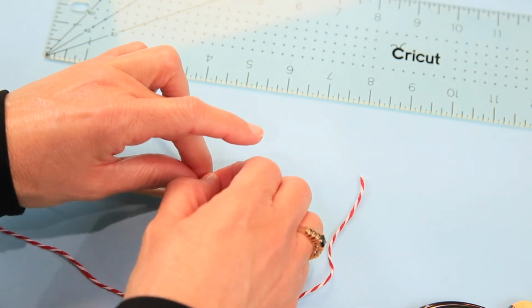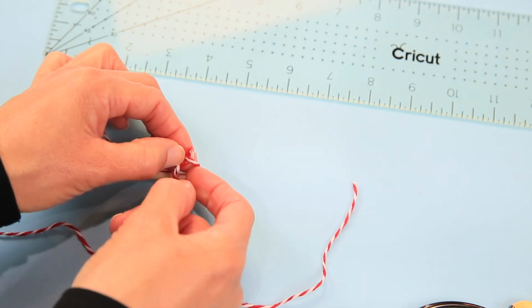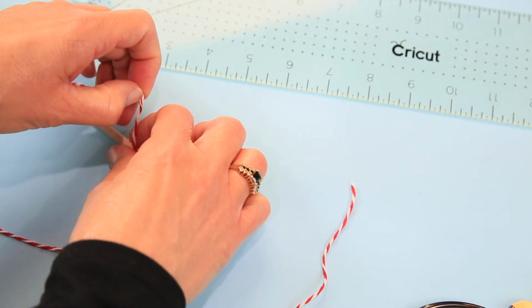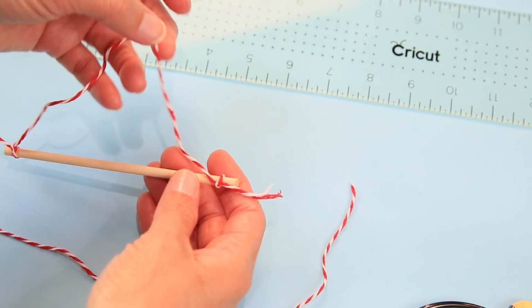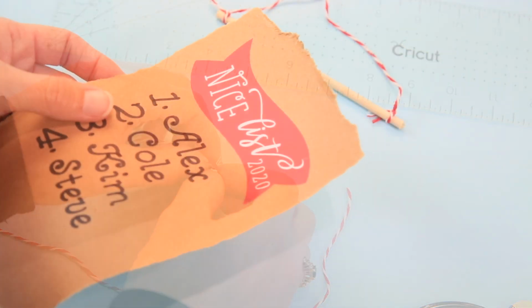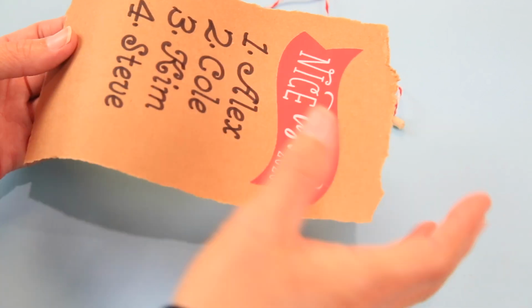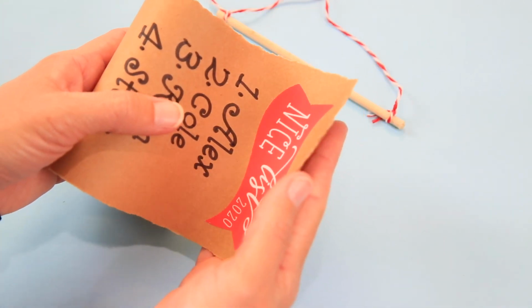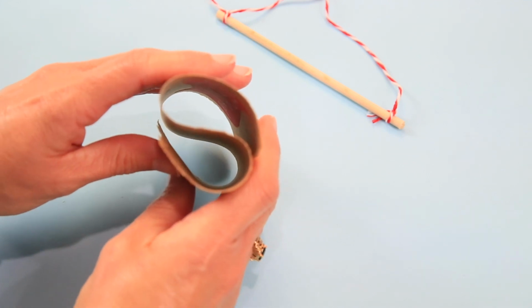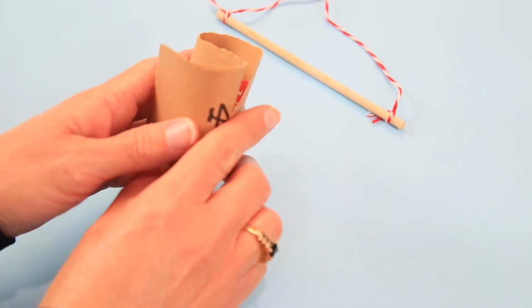So just make a circle, and then we're going to want to do this twice just so that it doesn't come off. Okay, so that'll be about right. And so then we'll go ahead and do that one more time. Okay, so now that you've done that and you can sort of see there's a wave in it, gently fold it over to where it looks like an S,